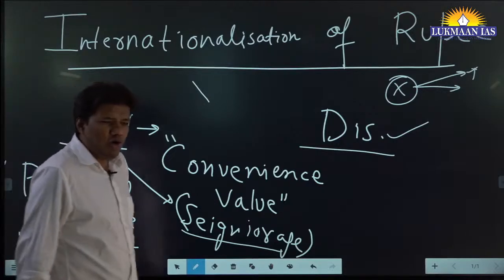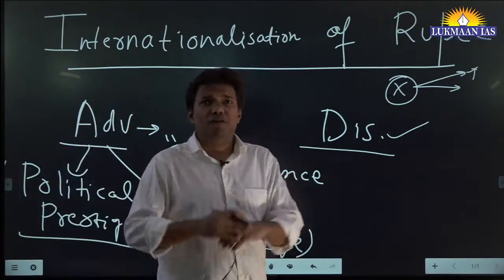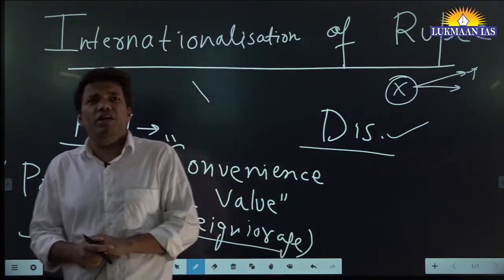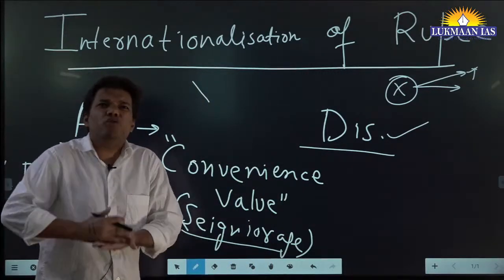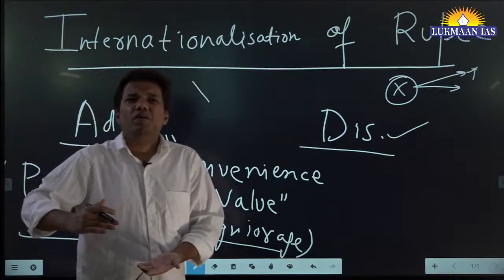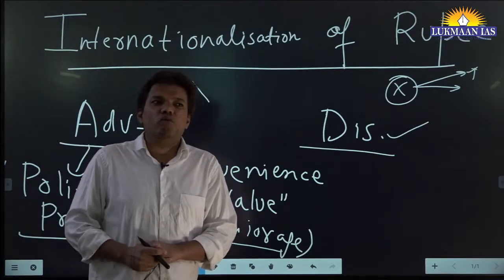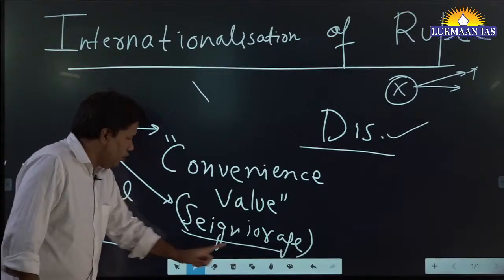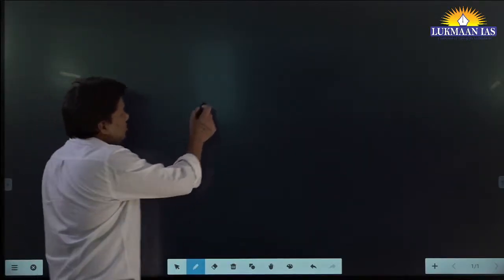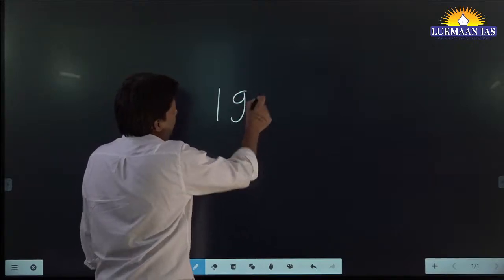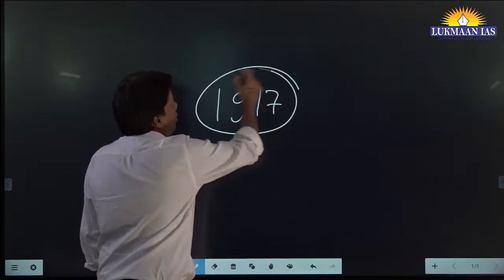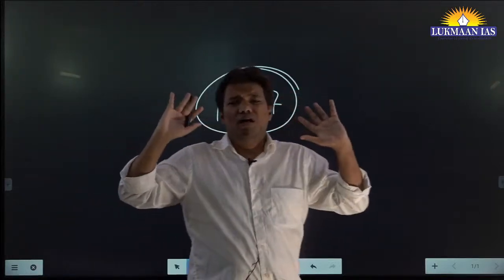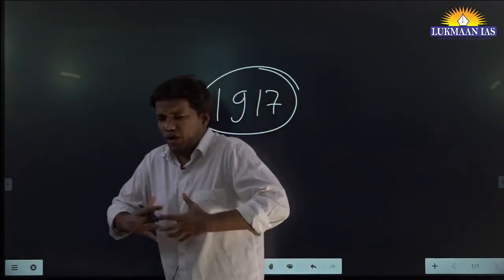Now, if you have gone through the handout, you know that the RBI had conducted 2 studies, in 2011-12, and they said India can go for the internationalization of the rupee, but it has to go cautiously. Why does it have to go cautiously? Because India has seen the experience of many countries. So now I will tell you a story. In this story, do not write too much, just listen.